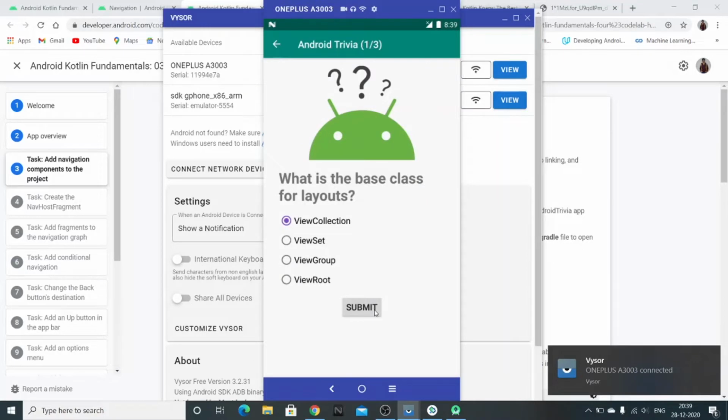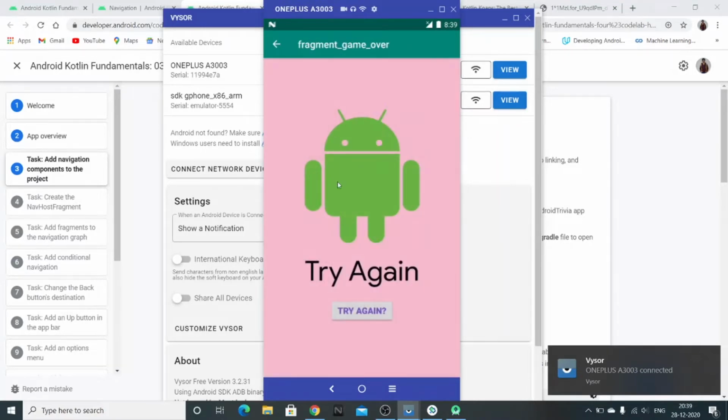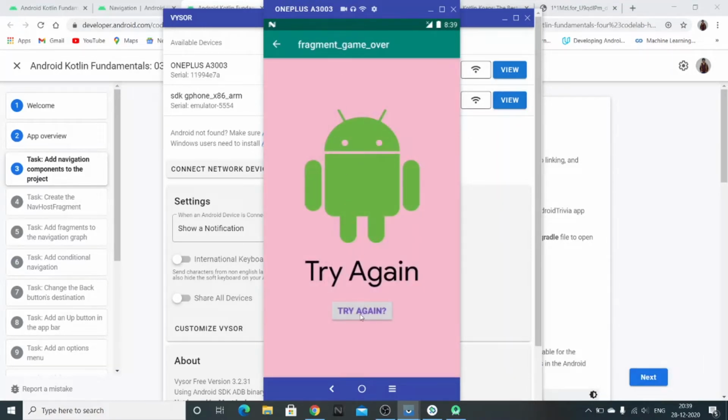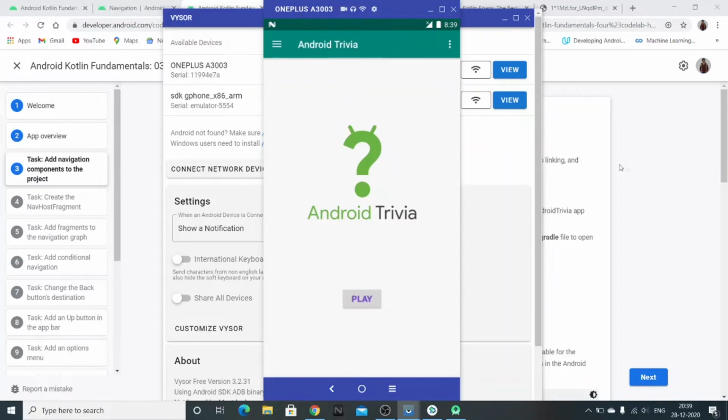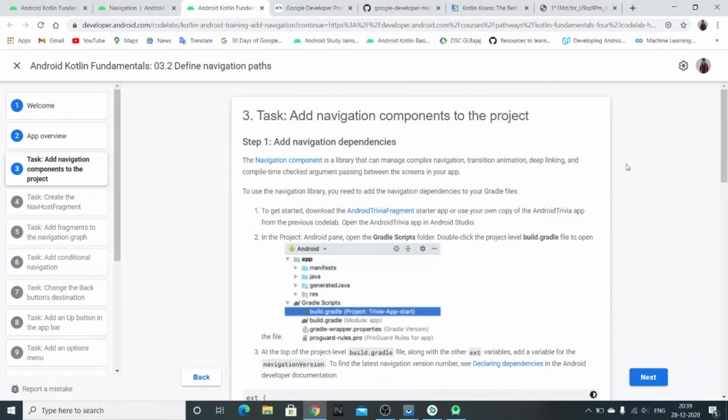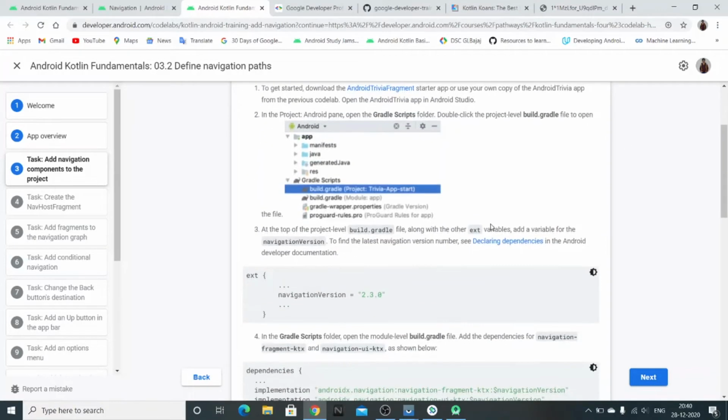So you can see here we have the submit button. If the answer is wrong, it is taking us to try again. The try again will take us to the questions here, and that back will take us to the title. So how this all will happen, we can describe by the intents. With intents, this all becomes very complicated. So the Android team has built some navigation components that make it really easy for us.